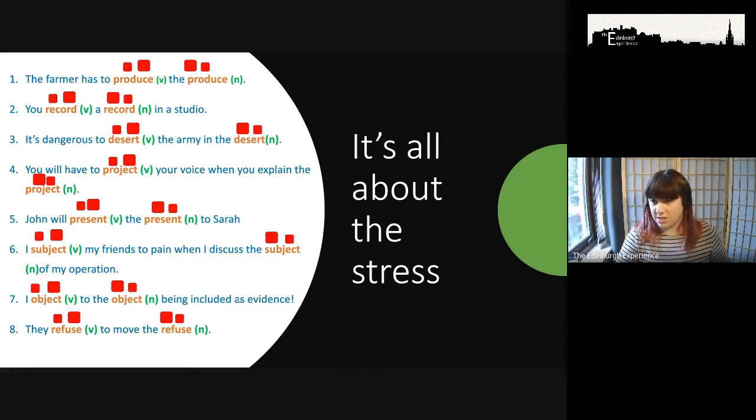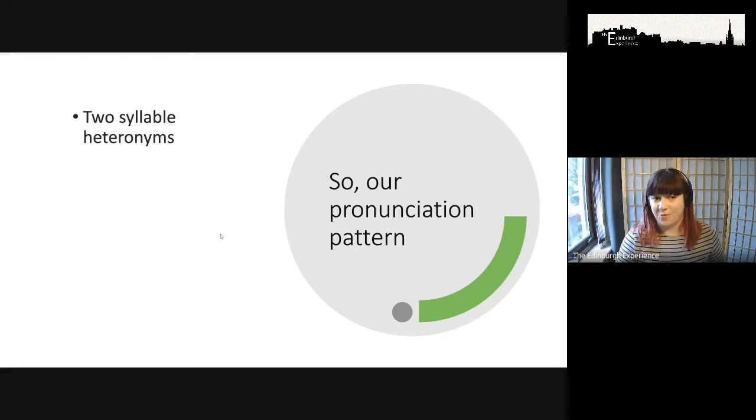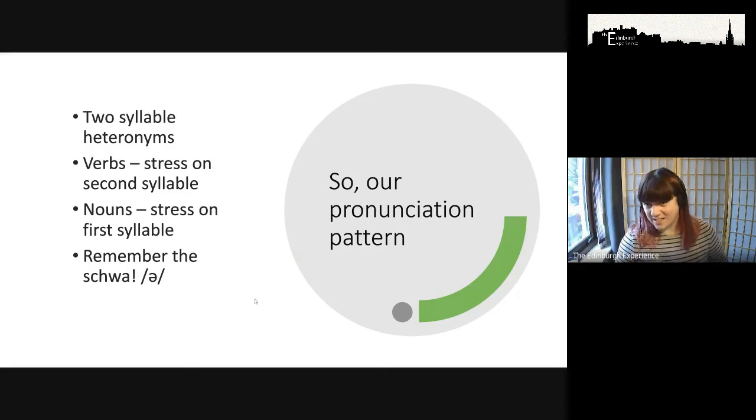So what do we notice, guys? What's the rule? Look at that pattern. If we have a two-syllable heteronym, like these examples that we've seen here, if it's the verb, the stress is on the second syllable. But if it's a noun, the stress is on the first syllable. What's important though, guys, is that we need to remember that on that unstressed syllable, we're pretty much always using